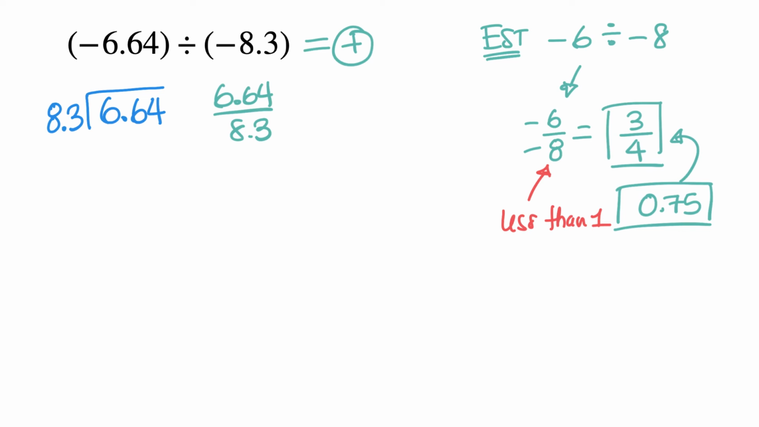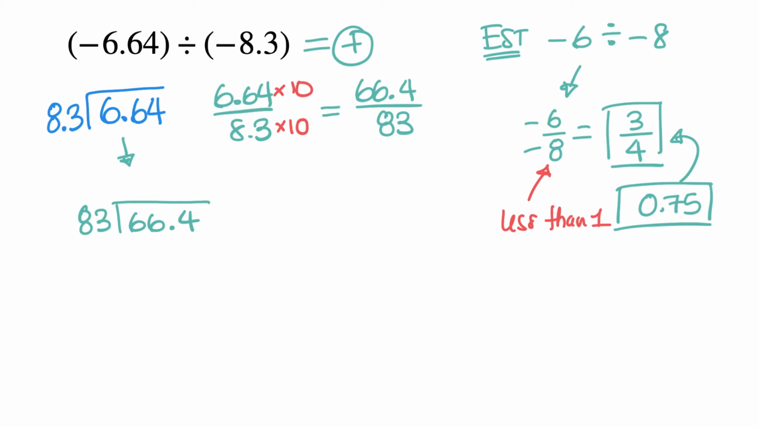So what can I multiply that by? I can multiply it by 10. And if I multiply by 10, whatever I do to the bottom, I have to do to the top. And now I've got 6.64 times 10, which is 66.4, and I've got 8.3 times 10, which is 83. So this is going to make it a lot easier. So this new question becomes 83 on the outside here and